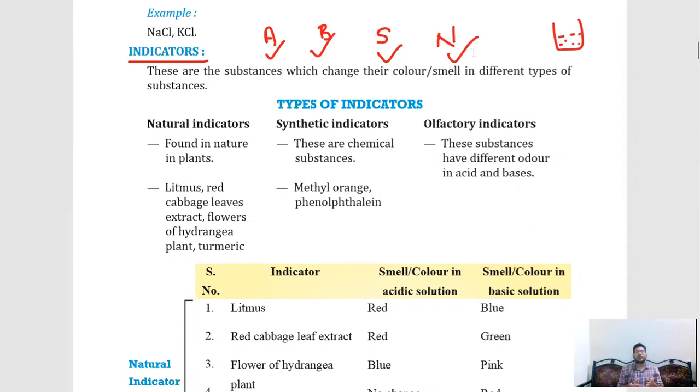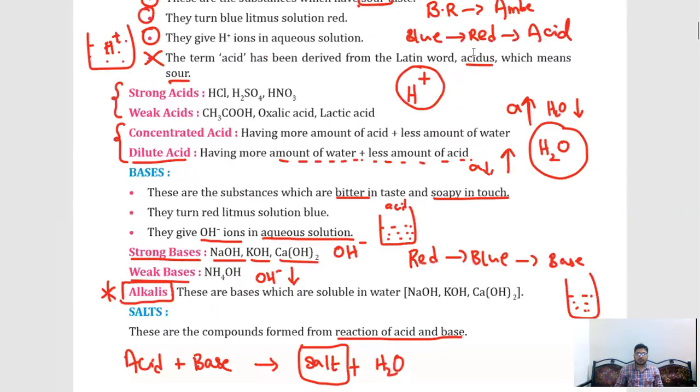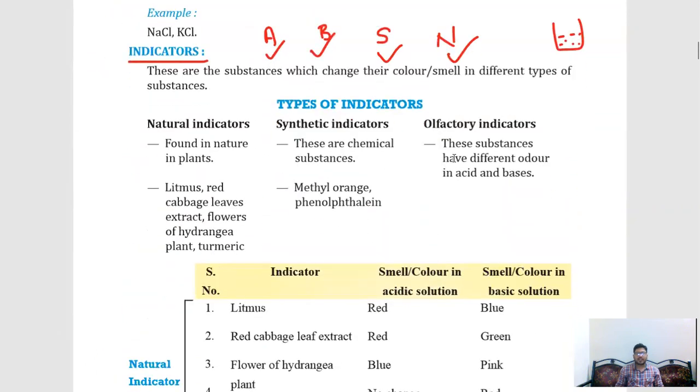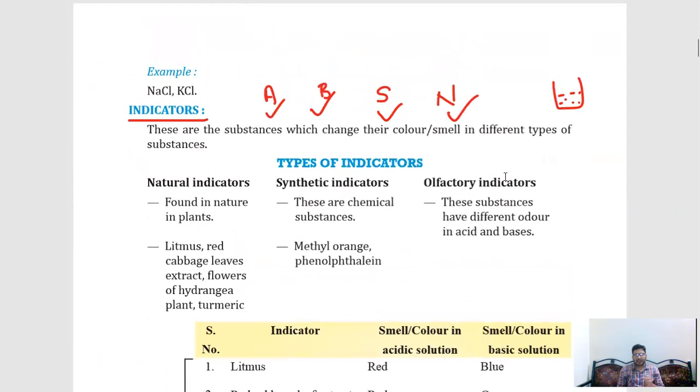How to identify acids, bases and salts? How can we say if a solution in a beaker is acid? According to the physical property, acids will have a sour taste and bases will have a bitter taste. Is it possible for us to drink the acid and base? No, it is not possible. By chance, if it is salt or neutral, nothing will happen. But what happens if we drink acid? So we have a special thing called indicators. These are the substances which will change their color or smell when added to the solution.